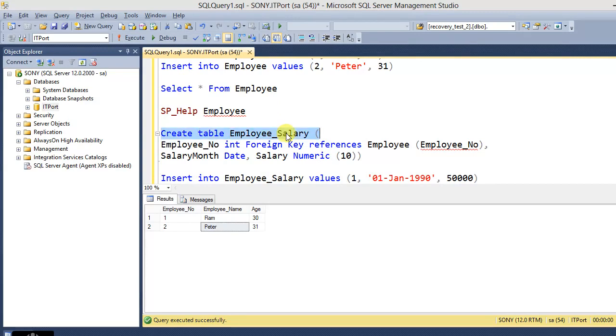So create table employee salary, and employee number integer and foreign key. This is the syntax to create a foreign key constraint in a create table statement. Employee number integer, foreign key references. This is the reference table. So references employee on employee number column. So here we should mention the primary key enabled table and the primary key column in this bracket. So this is the syntax to create a foreign key reference in that column, and this is a reference to